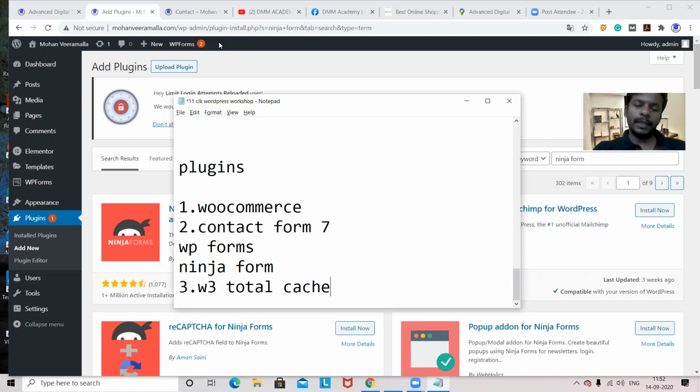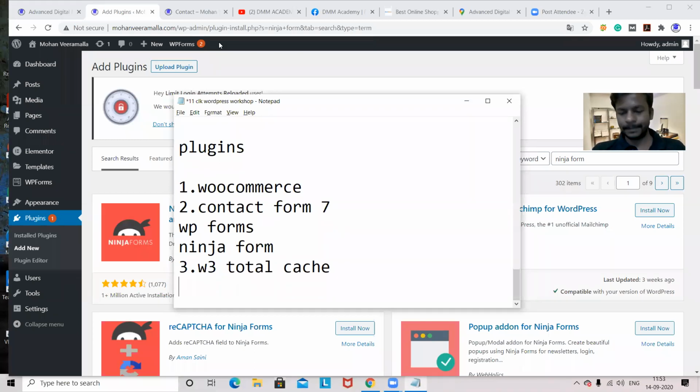So here in this dashboard also, when I have taken a plugin, see, in yesterday's class, what we did, we took a plugin, and after that I activated it, and I removed it also. Now, after removing it also, some files will be available, like cookies or something. That will be available in the website or in the storage space. So if you want to remove that completely into the trash, then try to take this plugin called W3 Total Cache. It will clean the junk part and it will also improve the performance of your website. Both the things, it will be helpful.